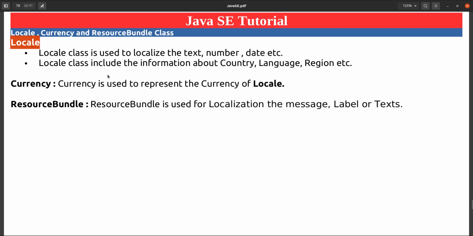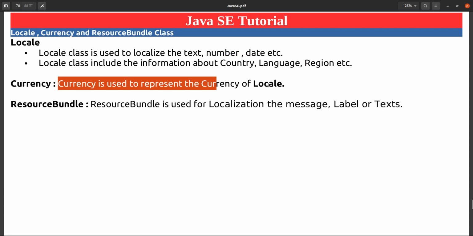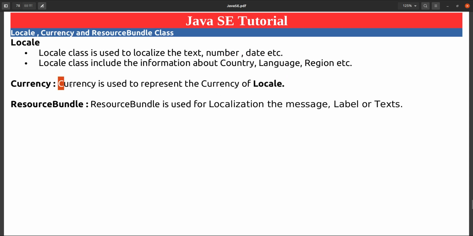So the Locale represents your country, language or region. And what is Currency? Each Locale has a currency, because a Locale has information about the country, and each country has a currency.